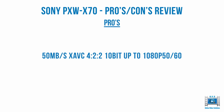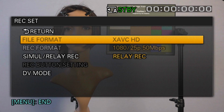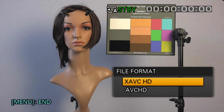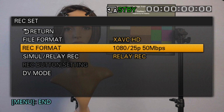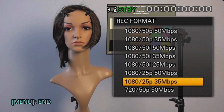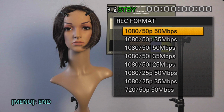The 50 megabit XAVC 422 10-bit codec at 50 and 60p is remarkable for a camera of this size. And the quality of this codec, as Alistair Chapman and others have pointed out, is really good. Putting this up against a ProRes recording, it's very difficult to see the difference unless you pixel peep at hundreds of percent zoomed in. Here you can see the recording format options under XAVC in the PAL location, which is obviously